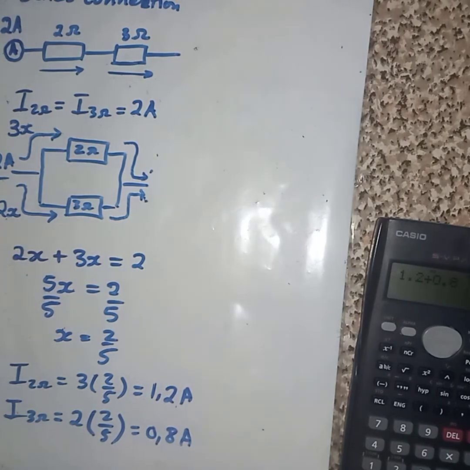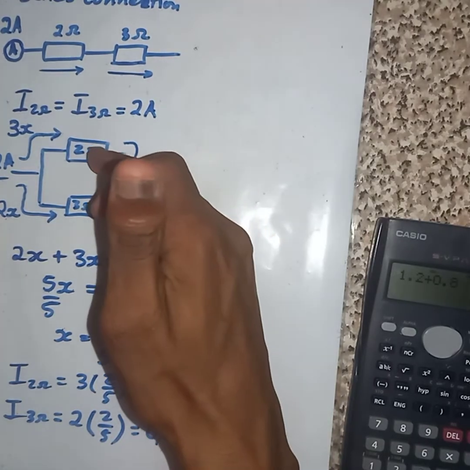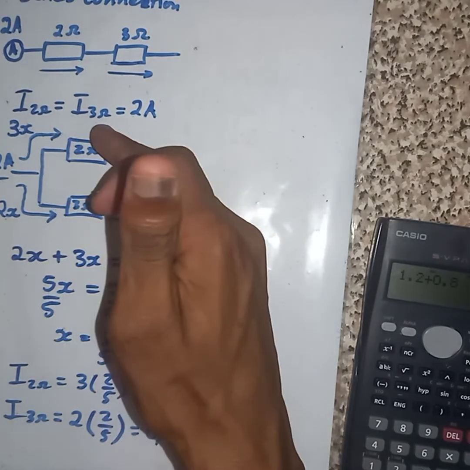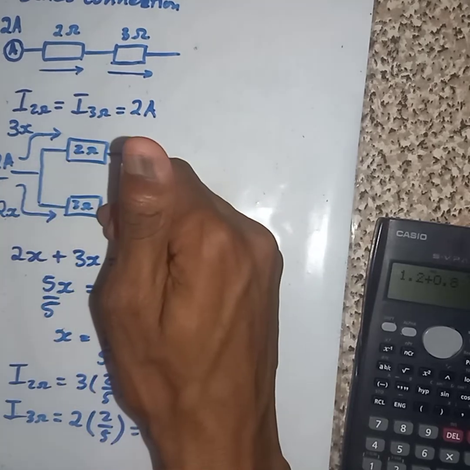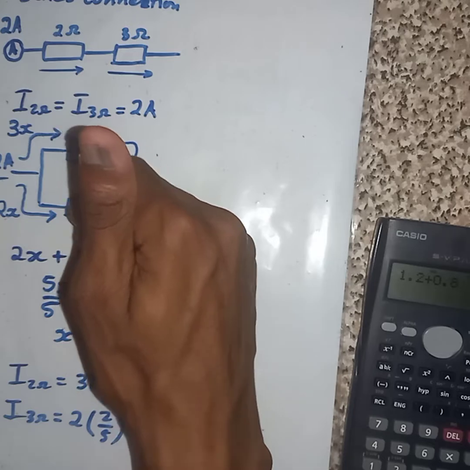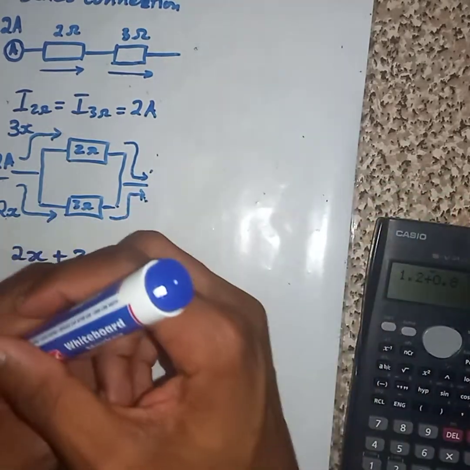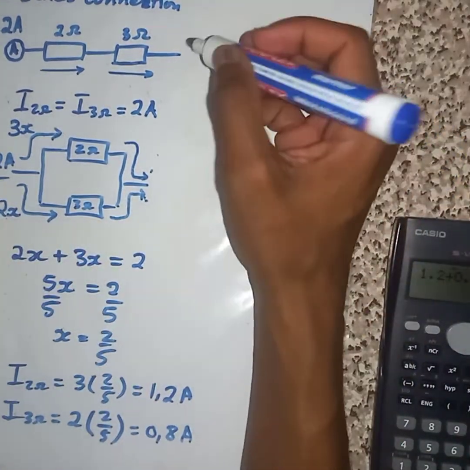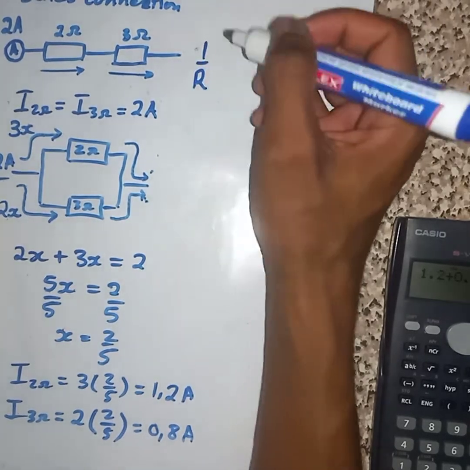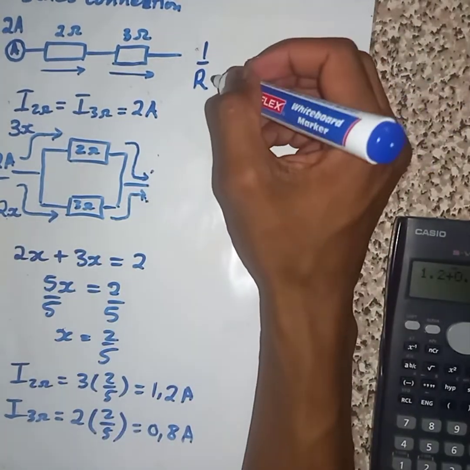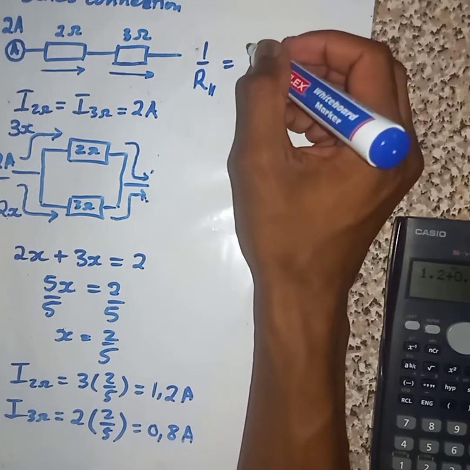Firstly, we need to find the voltage of both resistors. For us to find the voltage, we must have the total resistor, which is going to be, oops, I forgot